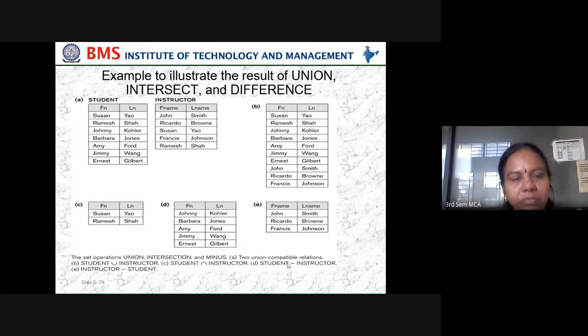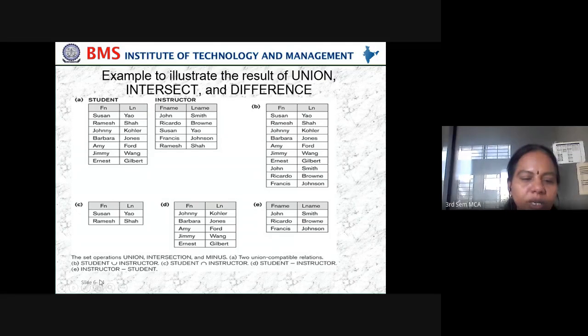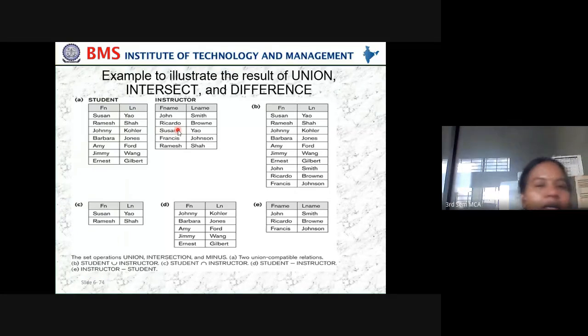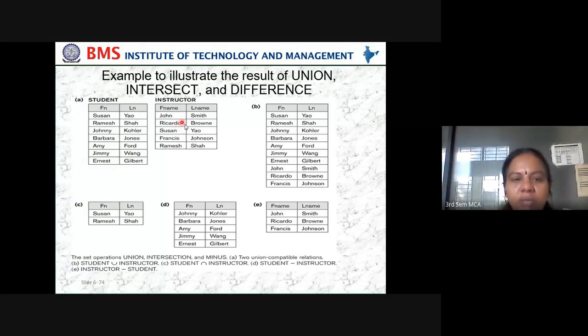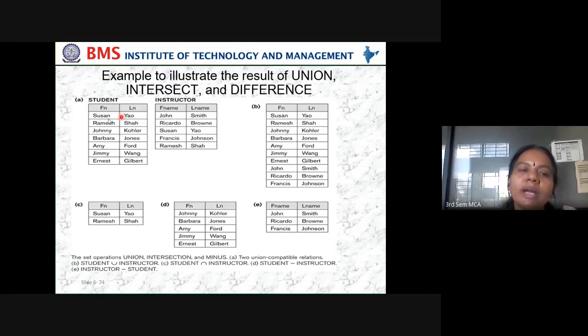So then these are the two tables and all three operations: union, intersection and difference. So how the union is being done: you can say this is a student table and this is the instructors table. So what will the union be doing? Combining these elements from student and combining from instructor. So that's what union is here.